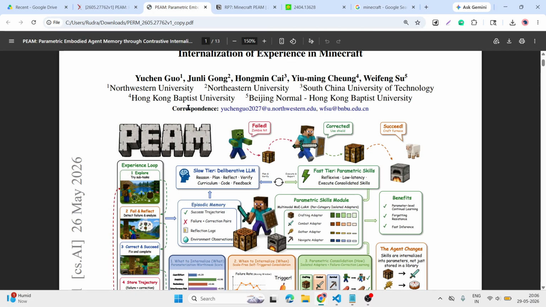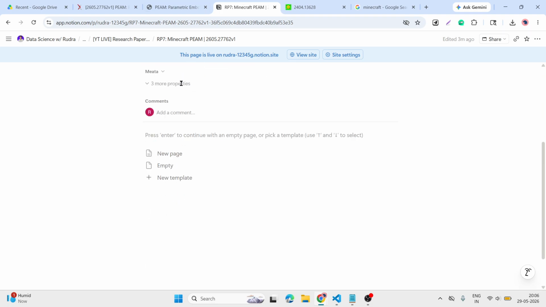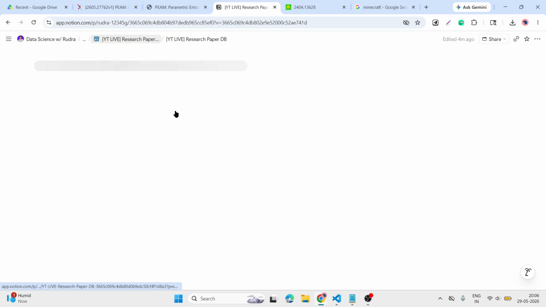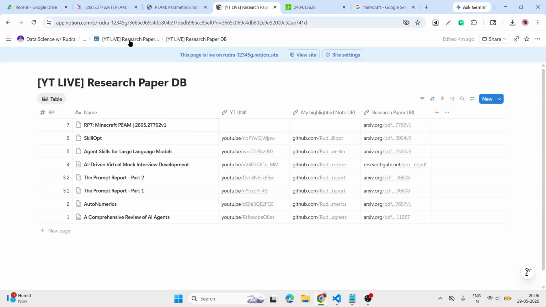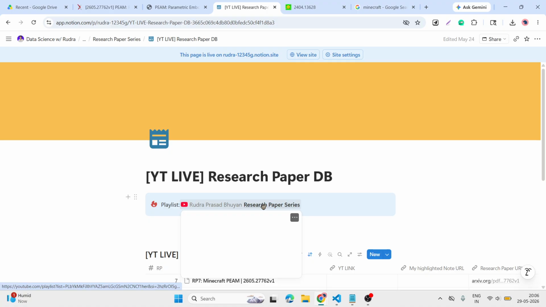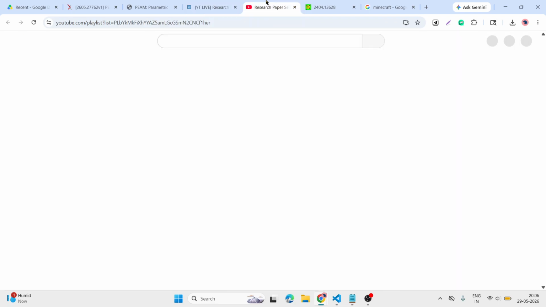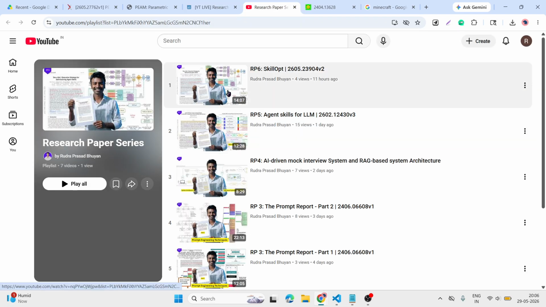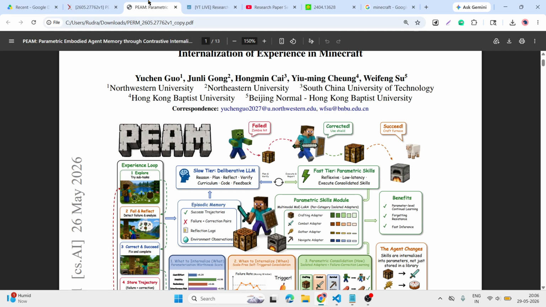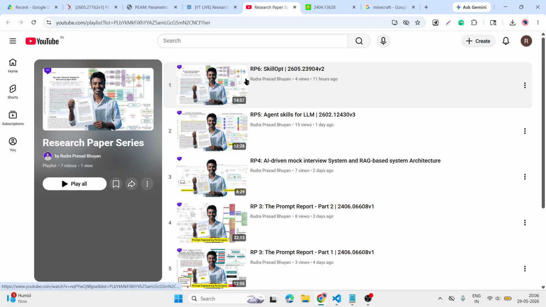In this paper, just like in our previous research paper, we discussed how SkillsOpt evolved. We discussed how it is helpful for us, meaning how the skills.md file is automatically evolved through trajectory tracking.